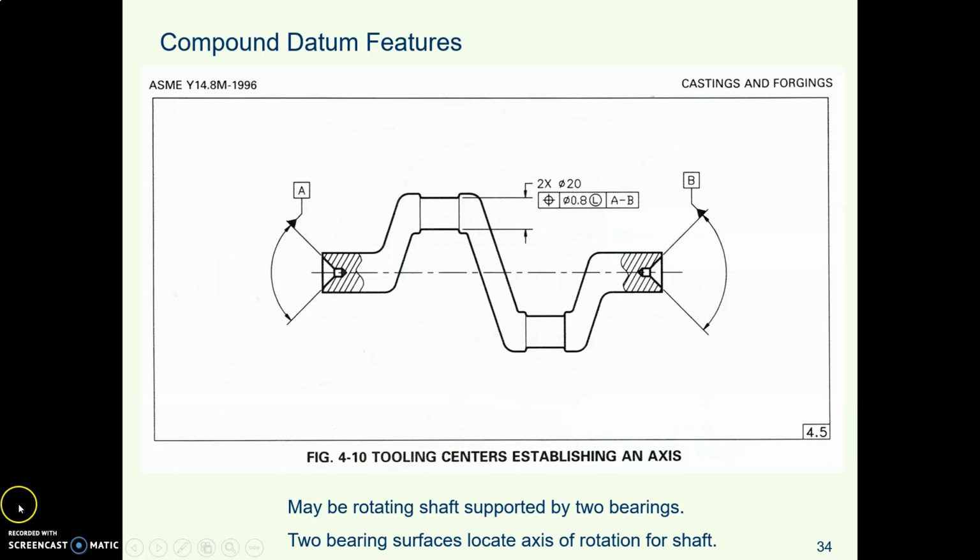I realize that was a whirlwind tour. There is a lot to say about feature of size datum axes, but that's just skimming the